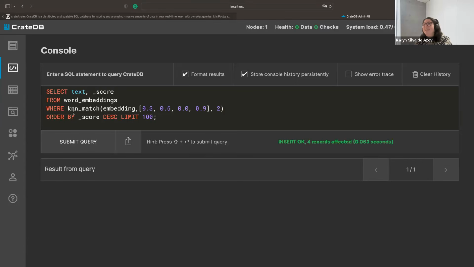Straightforward. In this case, we're performing a KNN, K nearest neighbor match on the embedding column. And we have this specific expression we chose, and we're looking for the two nearest neighbors in this case. However, one comment, you're going to see